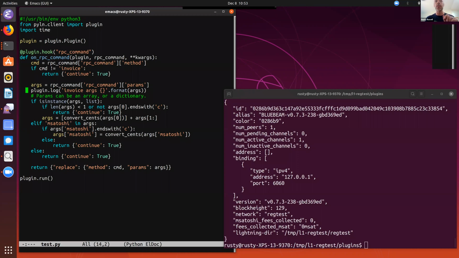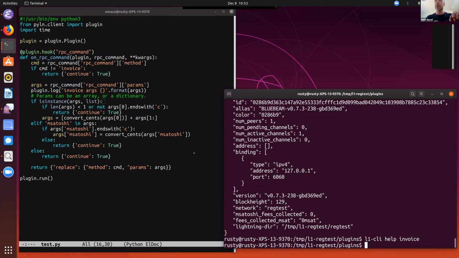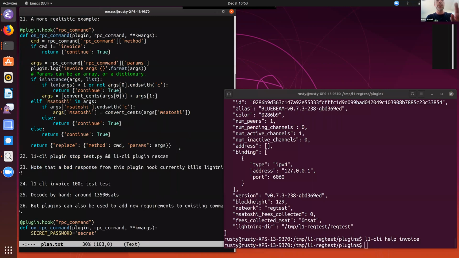We print it out because it's always good to log what's going on when something fails. If it's a list, then we're going to see if the first value in the list, because the way invoice works, if we do an L1 CLI help invoice, right? It takes a millisatoshi amount, a label and description, and a whole heap of optional args. So what we'd like to do is accept a number of cents, right? So instead of saying invoice them for this many millisatoshis, it'd be cool to be able to invoice someone for like 38 cents, right? So